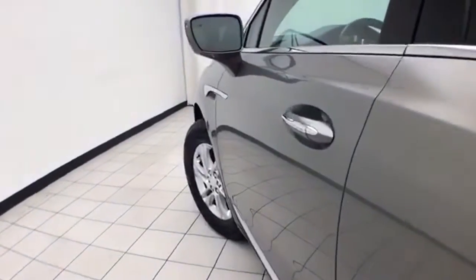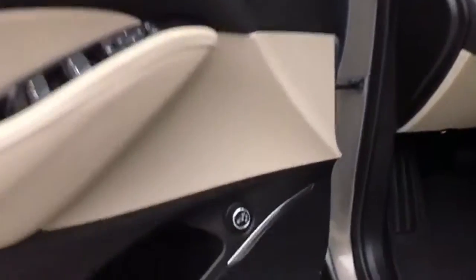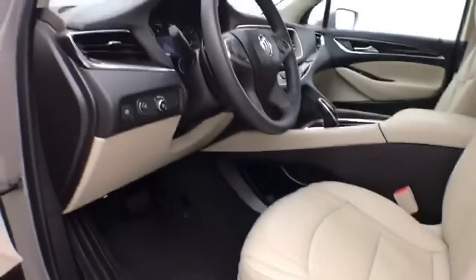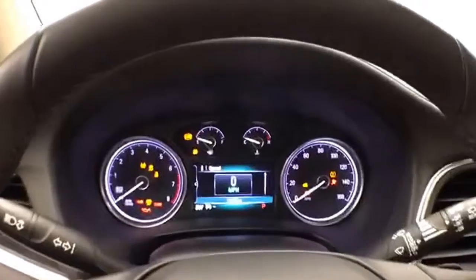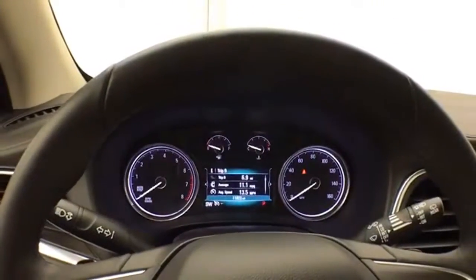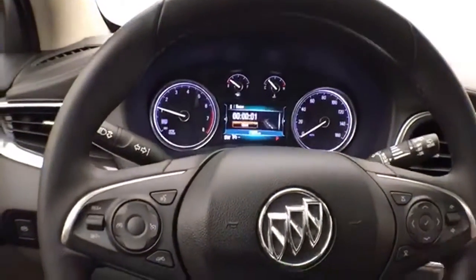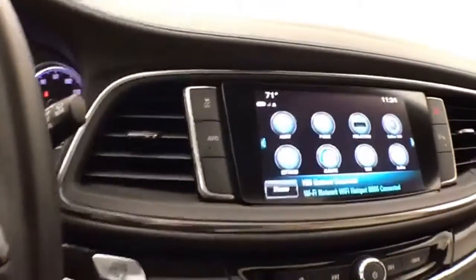This Essence has keyless entry with remote start, power windows, locks, mirrors, height adjustable power liftgate, power seats, along with a tilt and telescopic steering wheel to put you in a perfect driving position, power moonroof, button start, large, easy to read gauges with driver information system, controlled by buttons on the steering wheel, cruise control, steering wheel mounted audio controls,